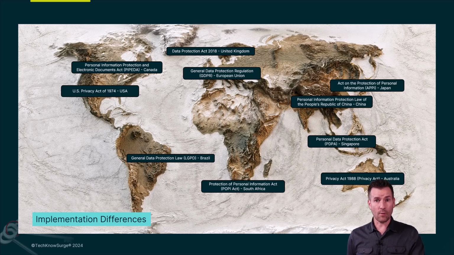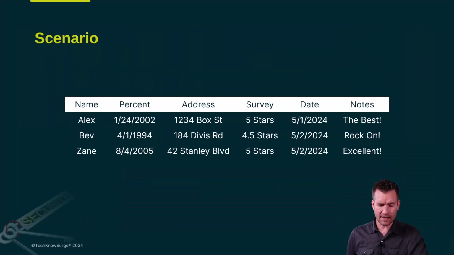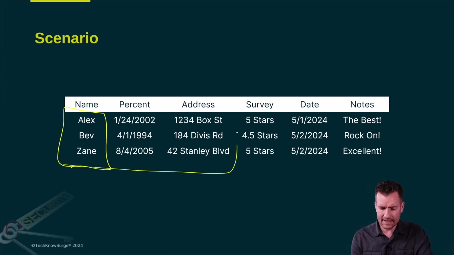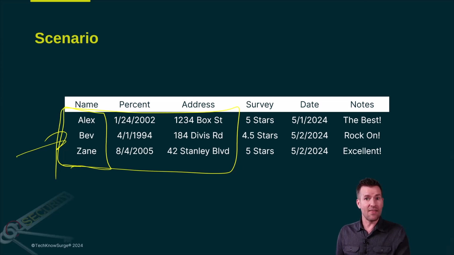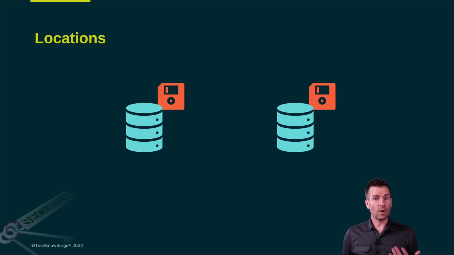Of course, much of how we dispose of something is going to depend on the laws and regulations that you have to comply with. So in this scenario, let's say that we have several users that are no longer customers. We have personally identifiable information. At this point, we need to make sure they're no longer in our systems. It would be devastating if they have left us as a customer, and then we have to notify them later on that we lost their data and that we have to make it right with these users that are really no longer using our services. But if only it were that simple.